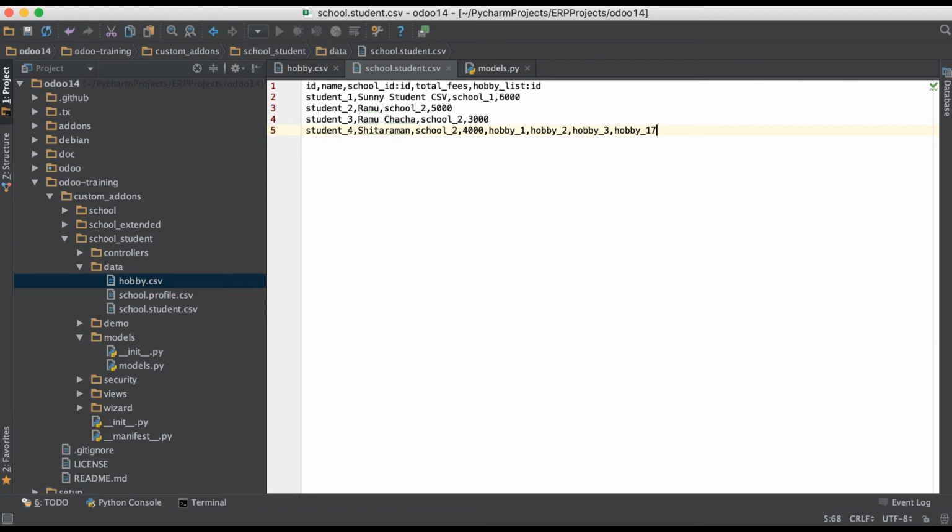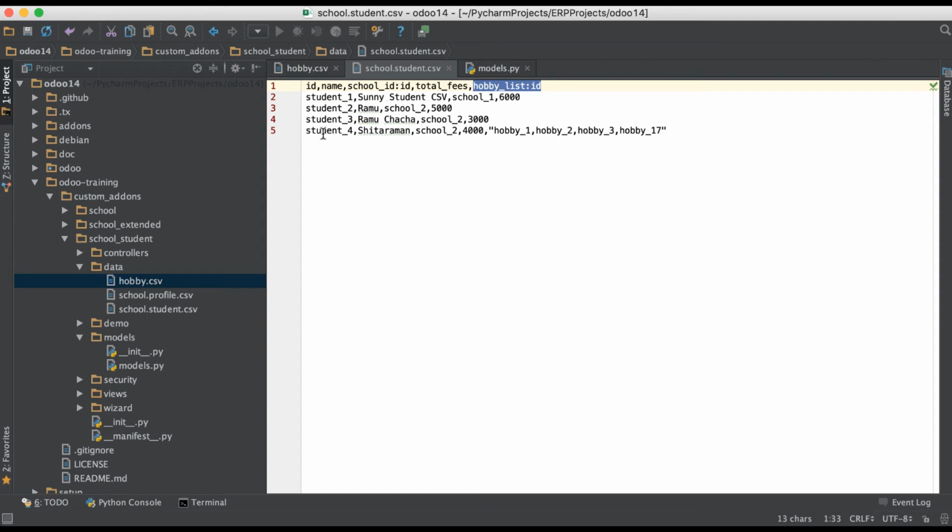But you can see it's syntactically wrong, because we added hobby IDs comma separated, so we have to use double quotes. Odoo will then treat these hobbies in double quotes as belonging to this field only, because this field belongs to the 1st, 2nd, 3rd, 4th and 5th index.